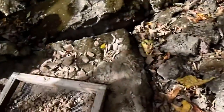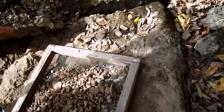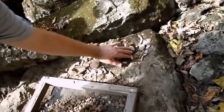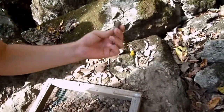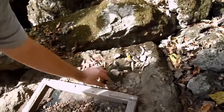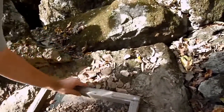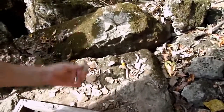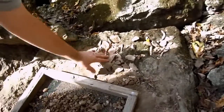If not, once we get... Where was that piece of pottery we had? Could be up there somewhere. There's one in a good pile. I think that's... Yeah, that's one of them there. We had a couple pieces, I thought. We always like to keep the pottery. I don't keep a lot of them big flakes and stuff, but...